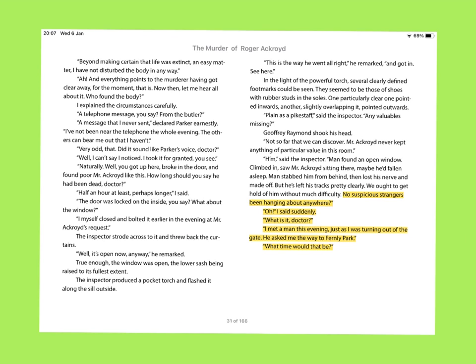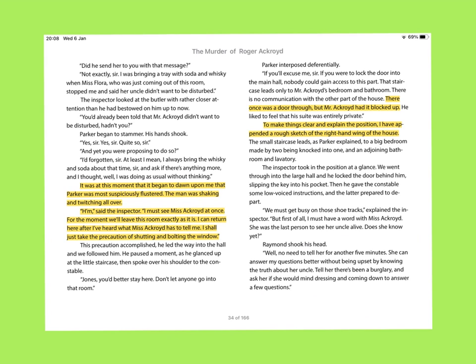Just towards the end of this chapter, then, we can see Shepherd using, it suits him, it benefits him to bring up the mention of this suspicious stranger hanging around. So, again, just more misdirection and throwing suspicion here, there and everywhere to detract from any focus upon himself. Greater proliferation of suspects again. There's Shepherd being very explicit in identifying Parker. "Look, the most suspiciously flustered. The man was shaking and twitching all over."